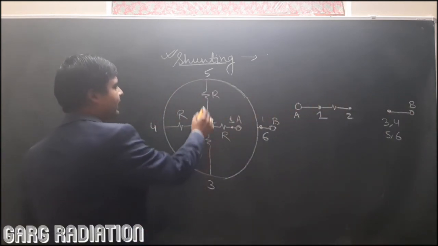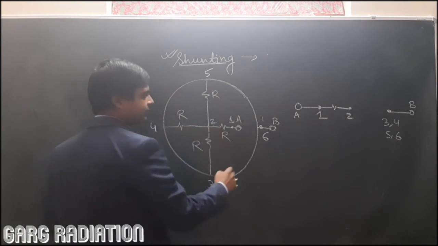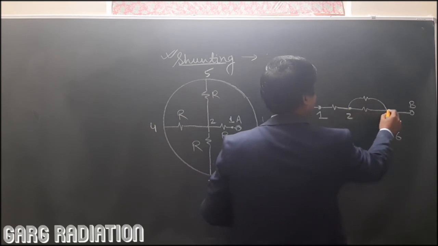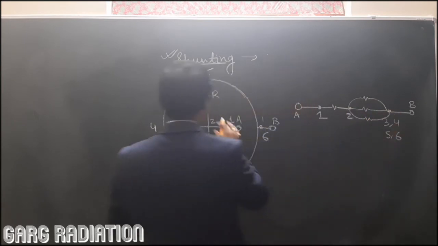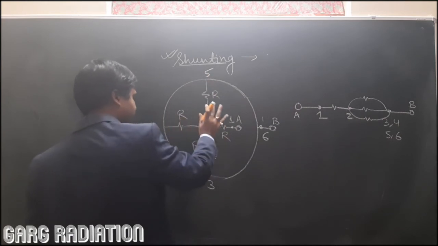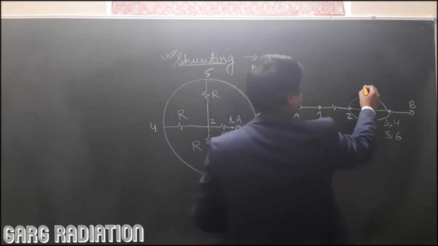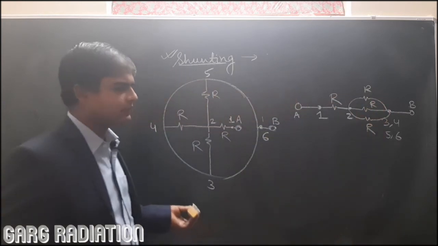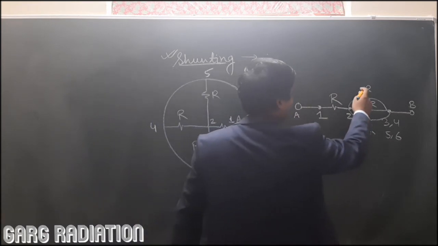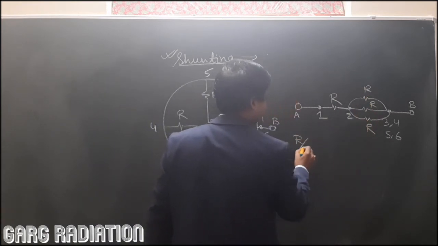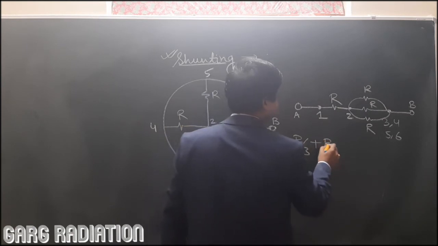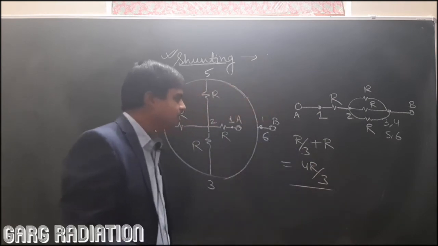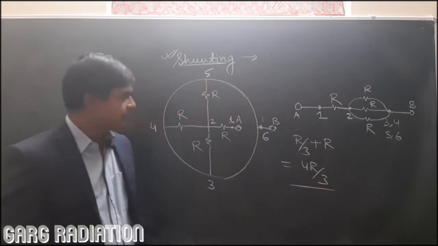Now we will draw 2 connected with 5, 2 connected with 4, 2 connected with 3, one by one. So you draw this single resistance, then this, then this. So 3 resistances were there, 2 connected with 5, 2 connected with 4, 2 connected with 3. This is how we get R, R, R and again R. Okay. So this is it. Now what to do? Simply R, R, R. This in parallel will give you R by 3, plus R. This will give you 4R by 3. This is so easy. Yes, understood I hope. Please copy this.